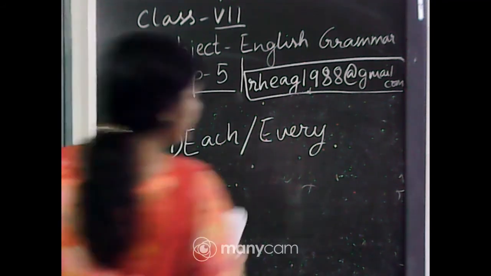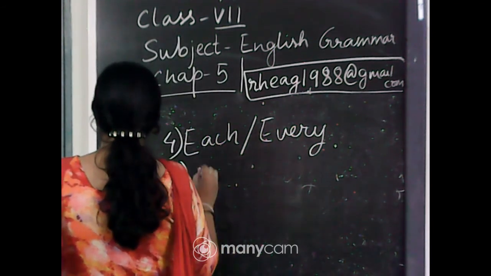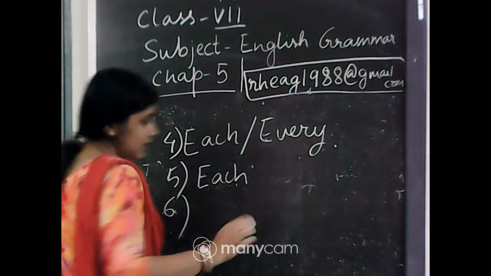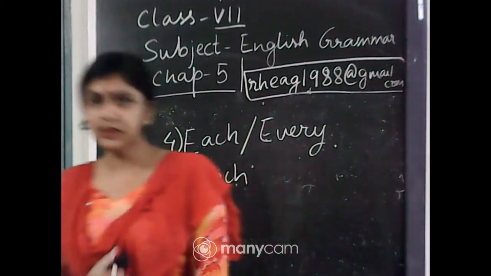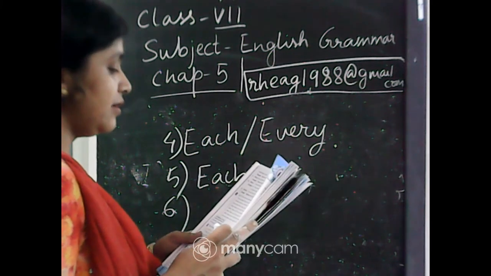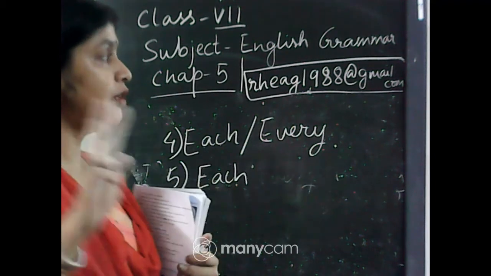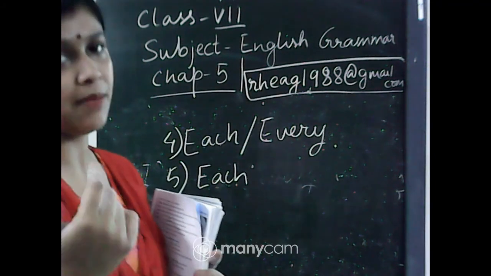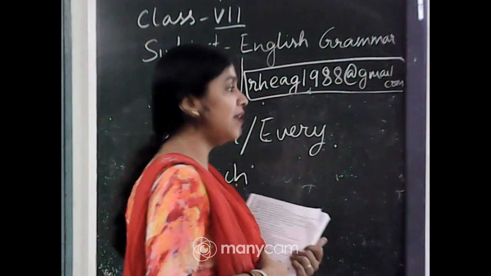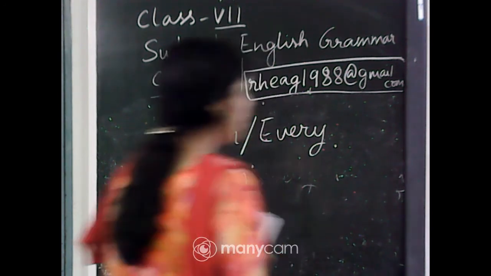So number 4 we have done. Number 5, let me see. Each bedroom of the house has a bathroom attached to it. If you write neither, the meaning becomes negative. It is correct, it is not wrong. You are also implying that there are only 2 bedrooms in the house, and out of the 2 bedrooms, neither of them has a bathroom attached to it. So I feel sad for the people who live in such a house. But it is correct, Shampurna. It is not wrong.